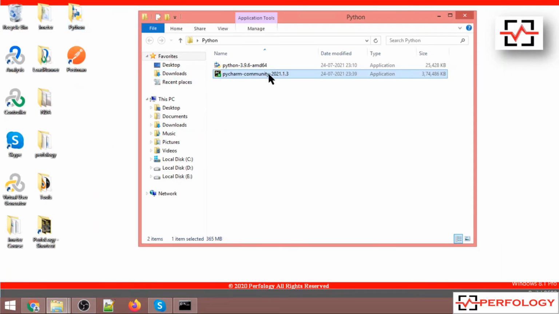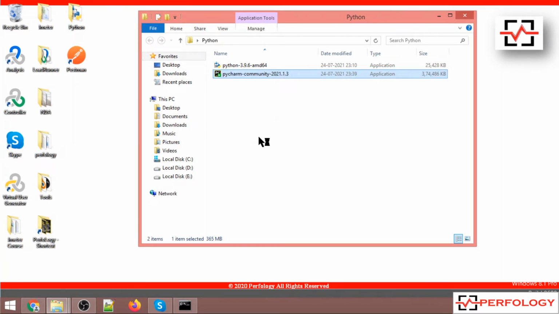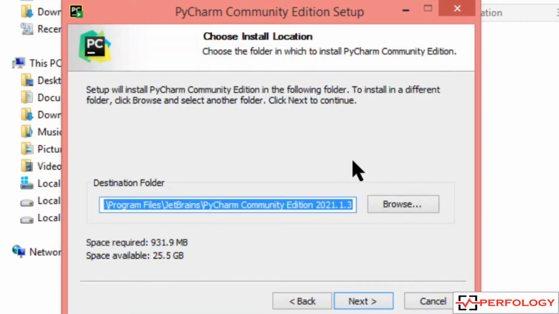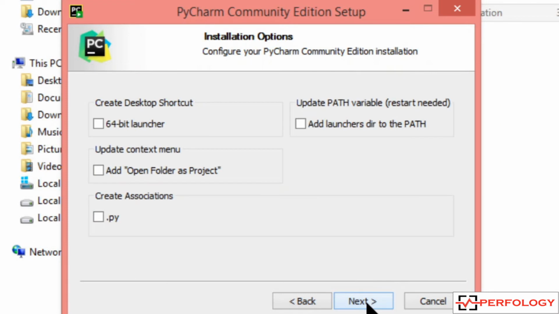Let us install it. So this is the setup. We'll open this. Over here we'll click on next. This is the destination folder of our PyCharm. We'll keep it as it is and click on next. Now over here you can create a desktop shortcut.